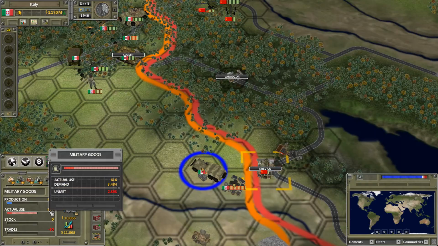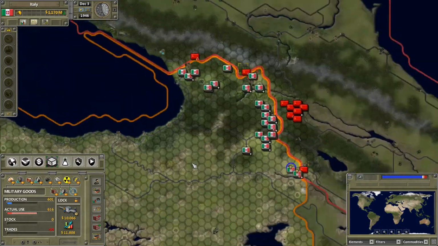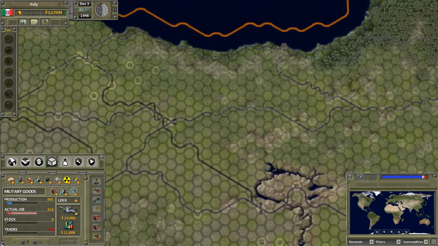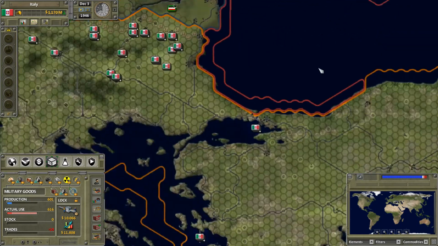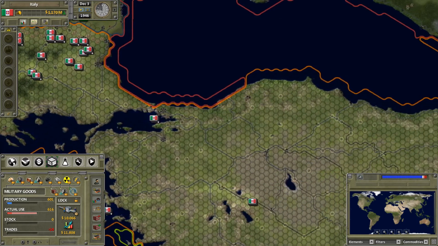Now, we do have a fair bit of goods demand right now, but once we capture this area, maybe let the troops rest for a little while, we should be able to meet the demand again. And there's some of the troops moving in. Now, to be fair, the Soviets have captured a lot of this sea area here, but